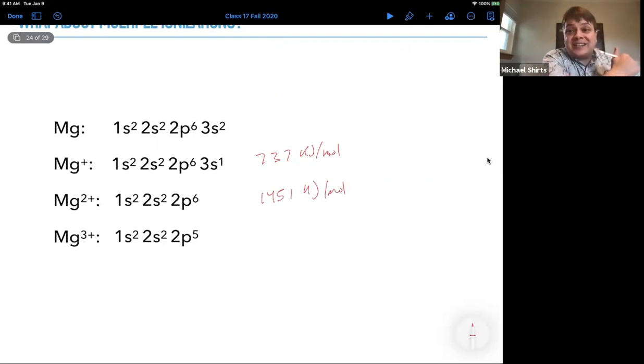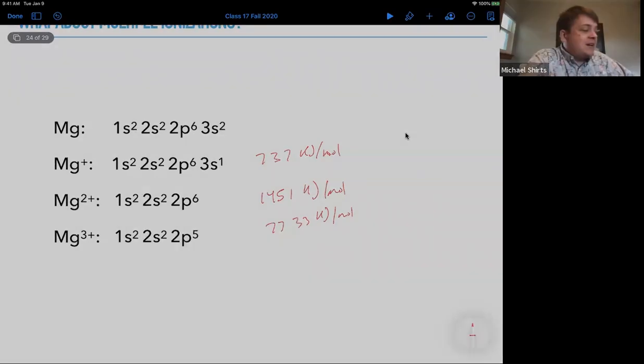But the third ionization energy, when we start pulling off the 2p electrons, is 7,733 kilojoules per mole. So the first two are about the same magnitude, but the next one is just really hard to pull off. And that is why we generally just see magnesium 2+ ions. We don't see magnesium 3+ ions in most chemical reactions because it's really hard to get that electron off, because now we're pulling down in the 2p